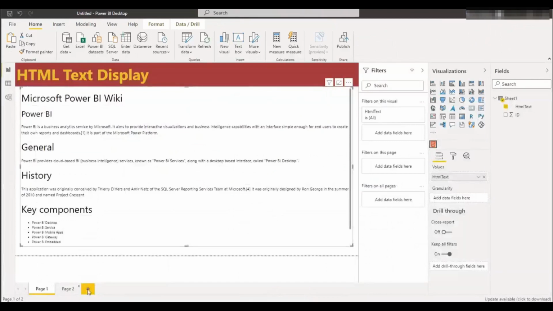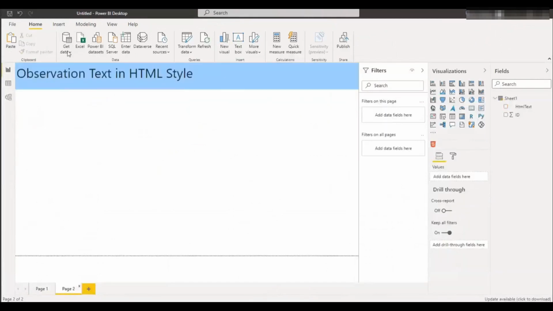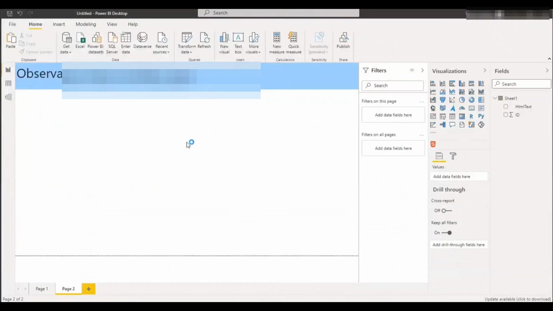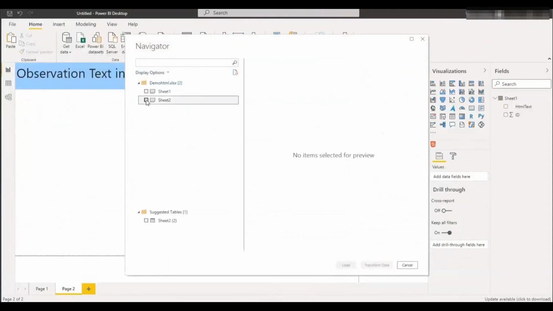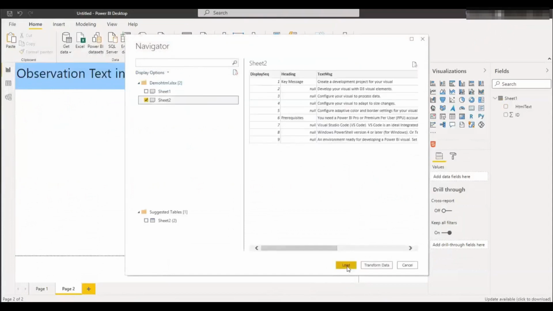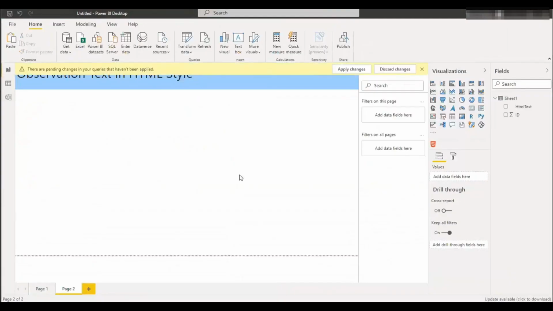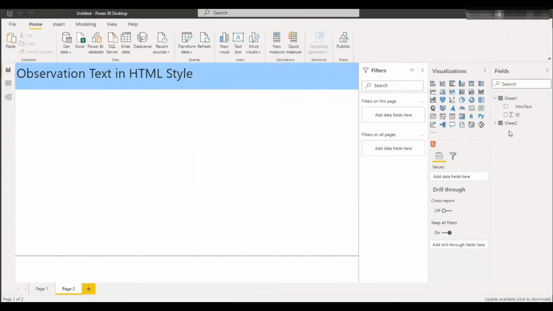I'll go to the next page and say get data, demo text, and sheet 2. So my sheet 2 is loading, and it is loaded here.